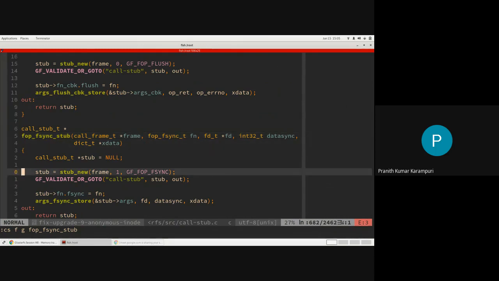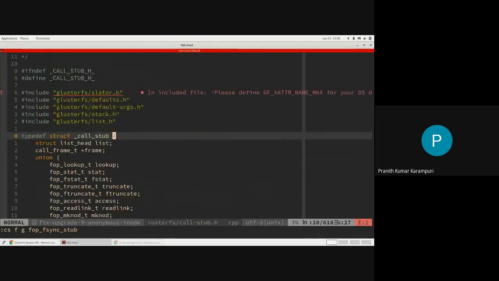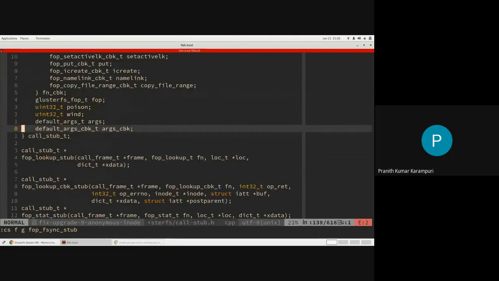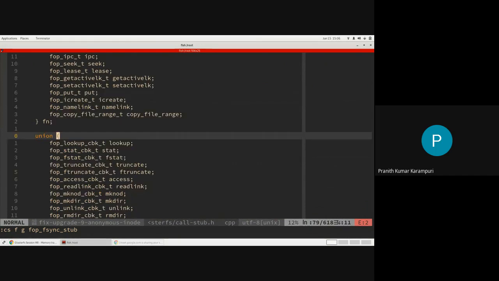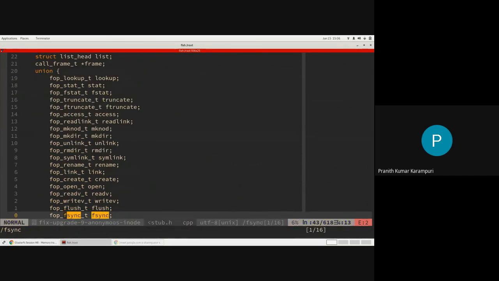So we create a stub. We look at the structure. It's a big structure, which is a union of calls and callbacks. Both of them are there. The data that we have gets stored in this structure.